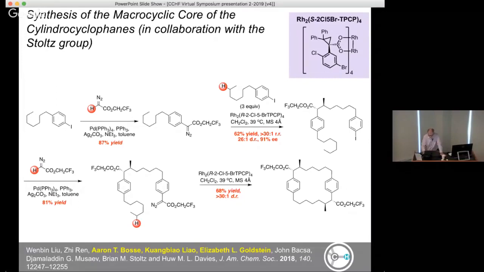Then we do another palladium catalyzed cross-coupling to generate the new diazo. And now we repeat the reaction, but now we're doing it intramolecularly, hitting one CH bond. And because we're generating a new stereocenter that now has a symmetry relationship to the original one, the resulting product is strongly enriched. So the resulting product is produced with very high